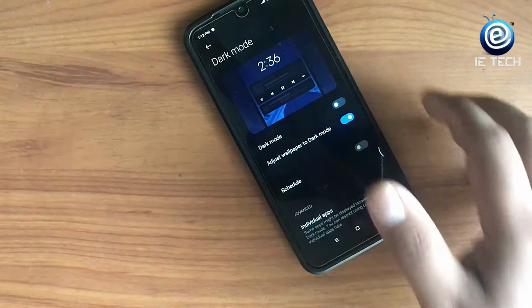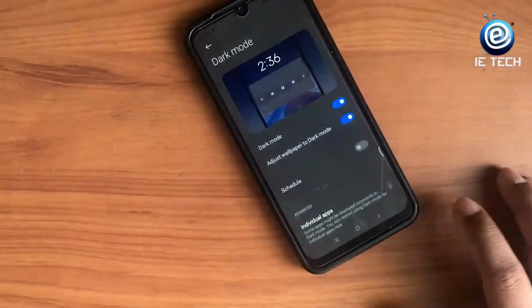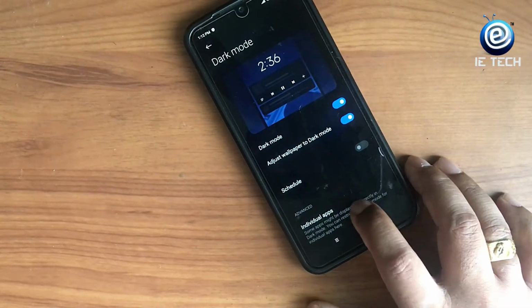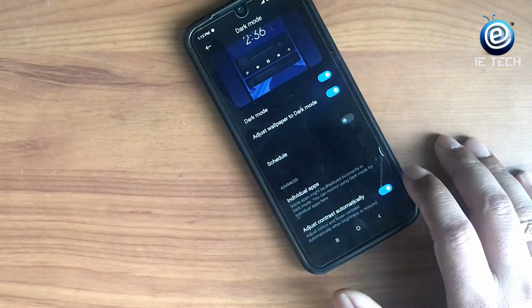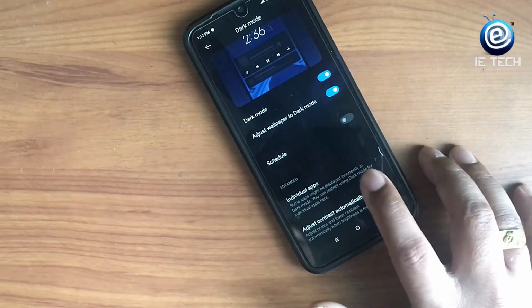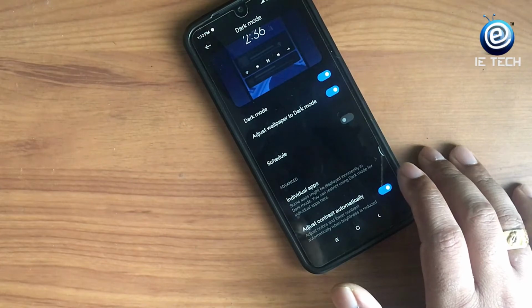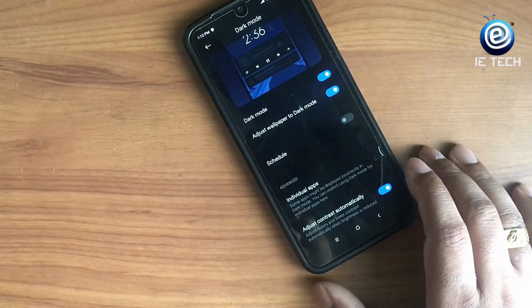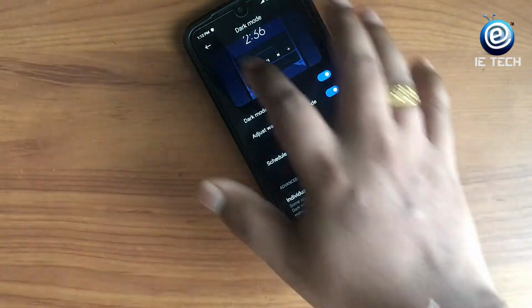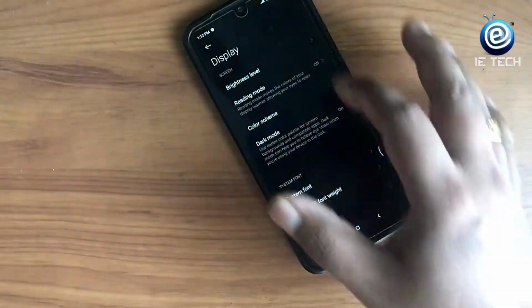The rest is everything the same. So basically the individual apps support is there. This was there in the China ROM also, but the support was limited to some of the apps. Apps like Google, YouTube and all were not supported, but in this ROM it is supported. So in that way it is actually good here.